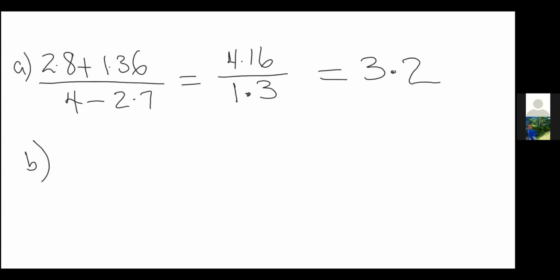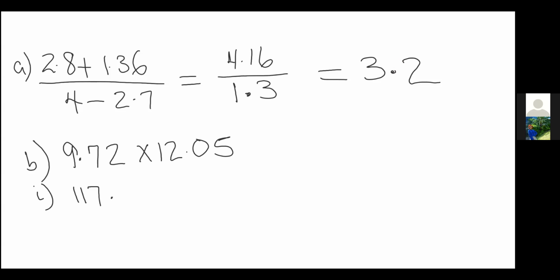Now, part B says calculate 9.72 multiplied by 12.05 and write. So there are parts to this one. They want it exactly. So I take my calculator and I put 9.72 multiplied by 12.05. And my answer exactly how it is in the calculator would be 117.126. And this is my answer exactly, right? Part 2 would be